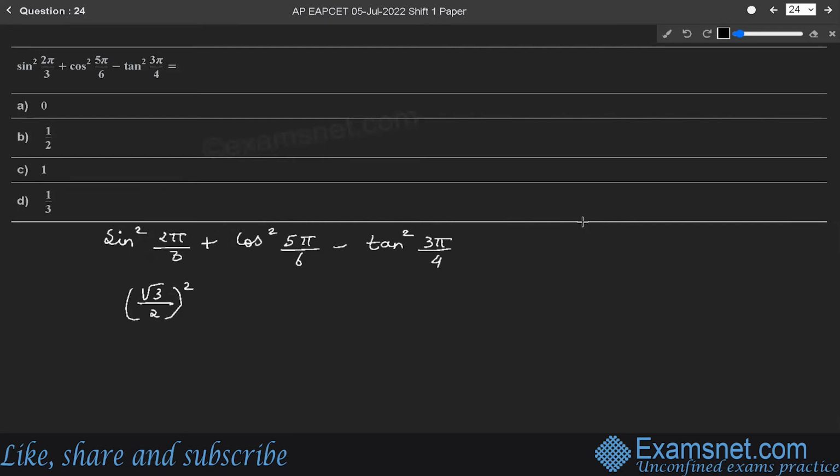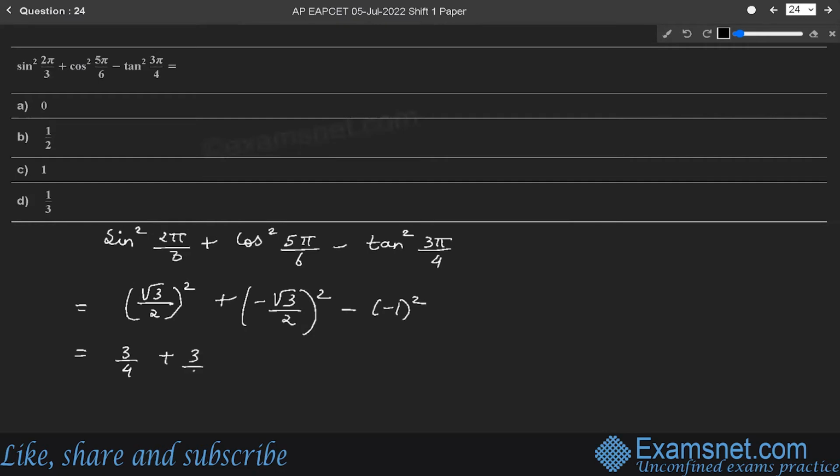We know that sin(2π/3) is √3/2, cos(5π/6) is −√3/2, so (−√3/2)², minus tan(3π/4), which is −1, so (−1)². On squaring these terms, it will be 3/4